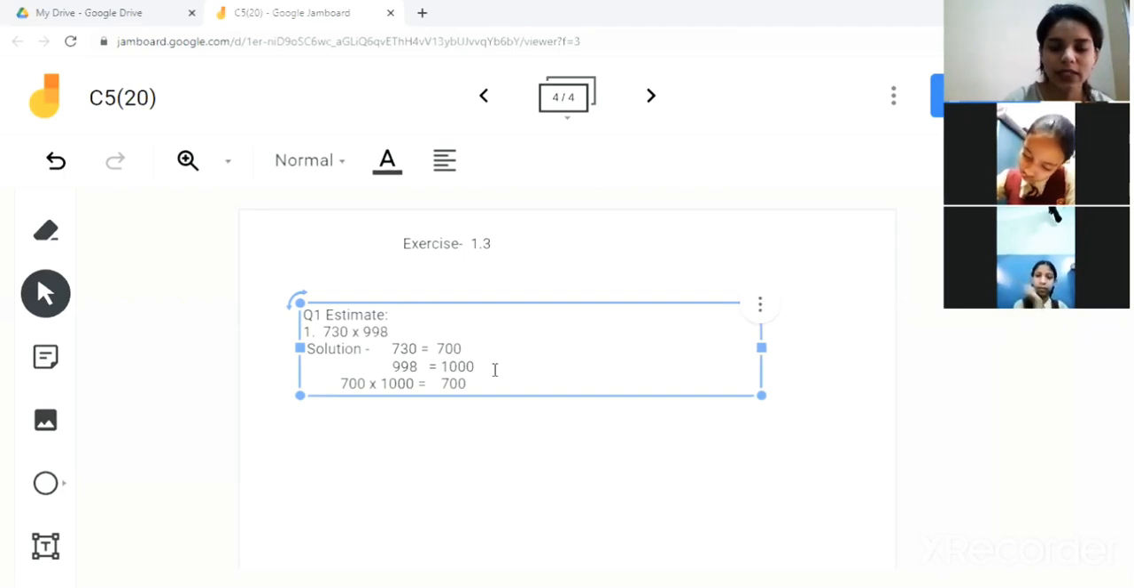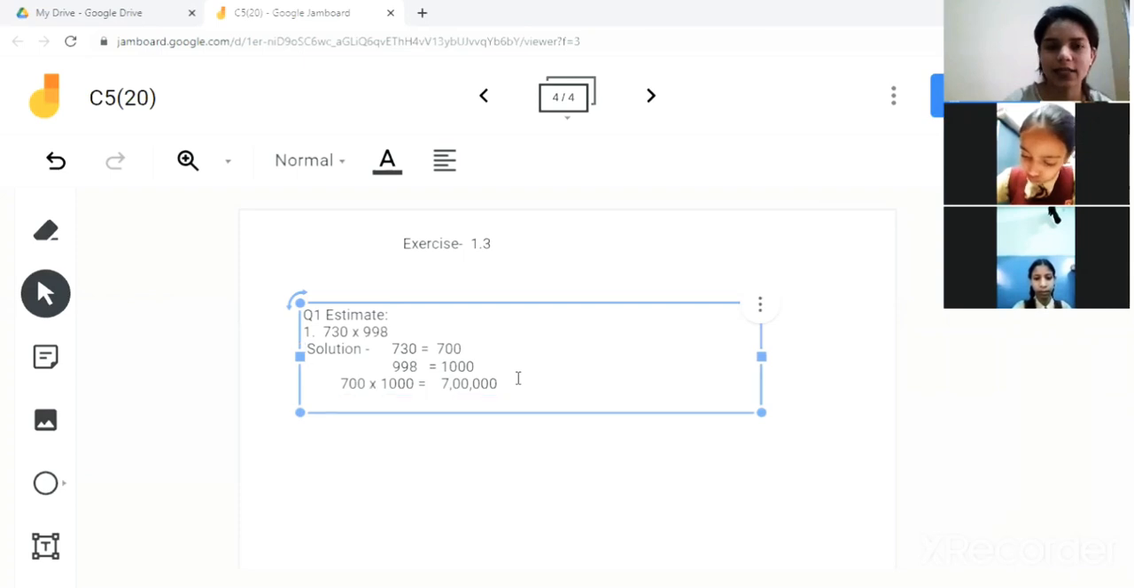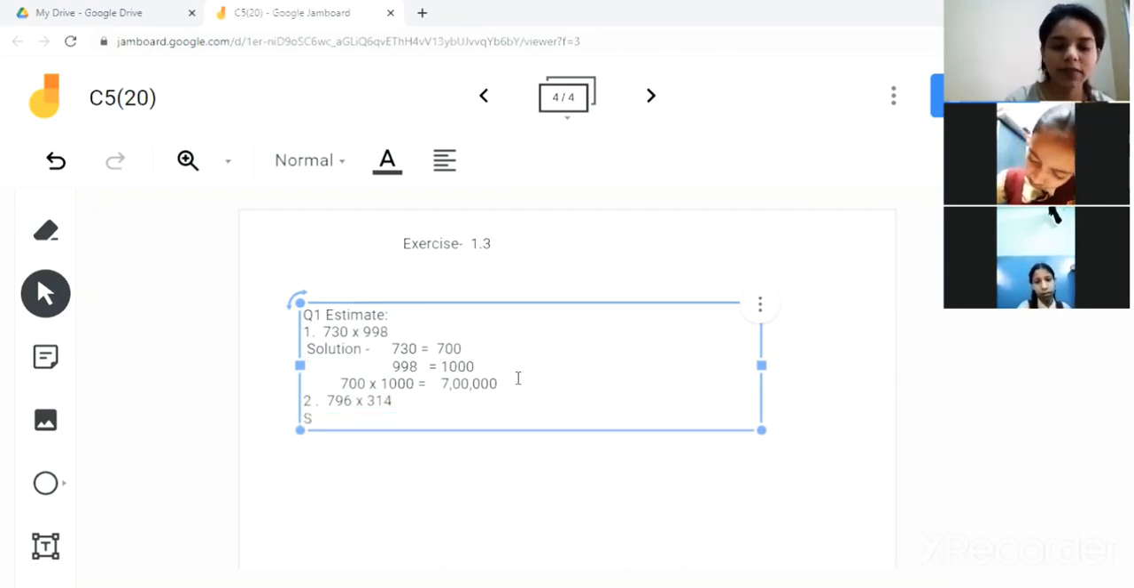700 and 3 zeros are there. So 7 lakhs. So the answer will be 7 lakhs. Now the second part of this question is 796 multiplied by 314. So the solution will be, children,